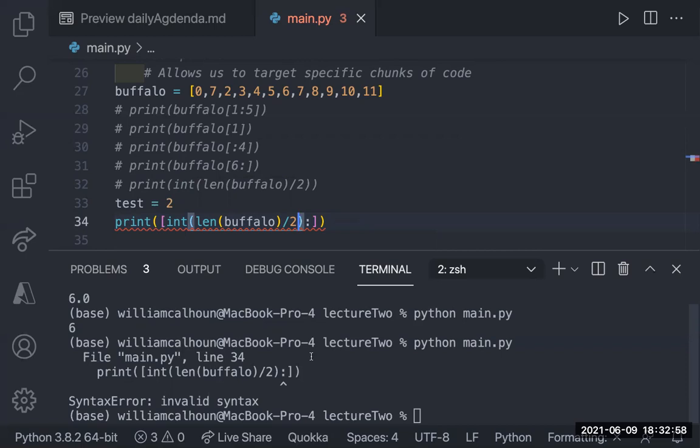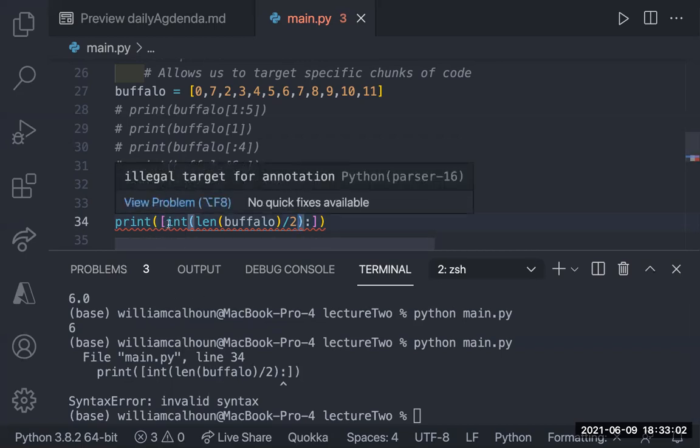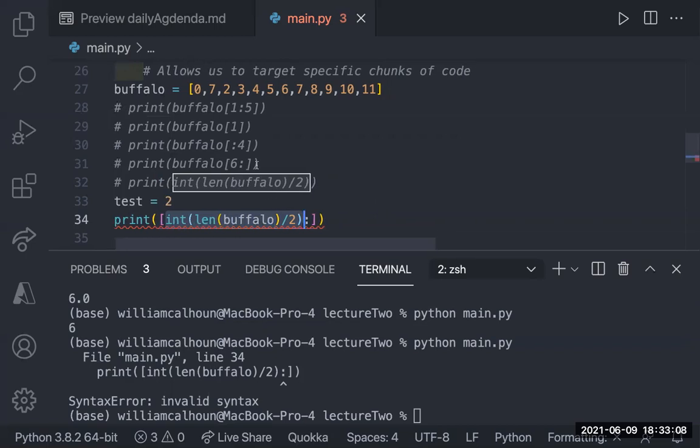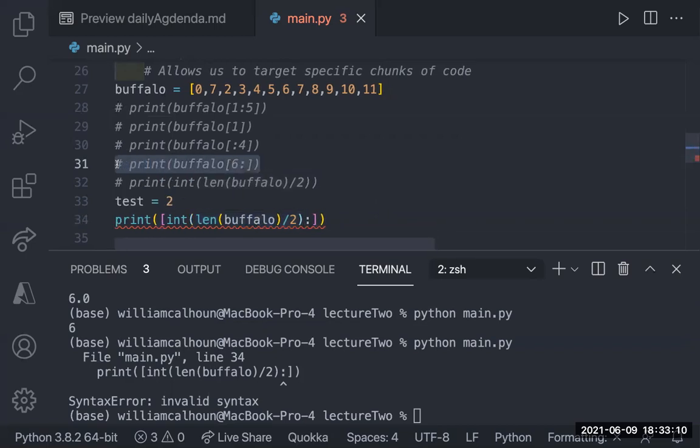Invalid syntax. That's not true. So that whole thing should be 6. So it should just really look like this, right? That's what we're trying to get. I mean, I guess I could always say this, right?